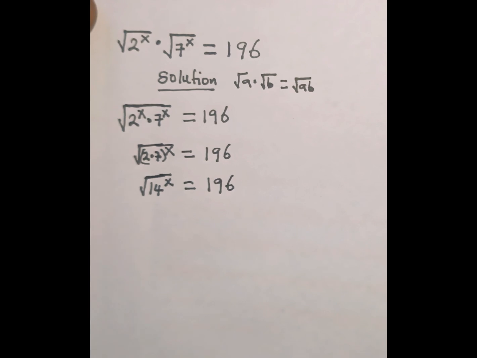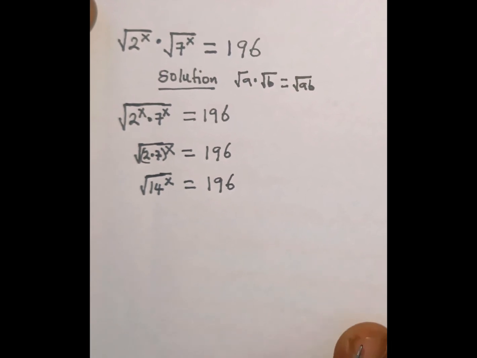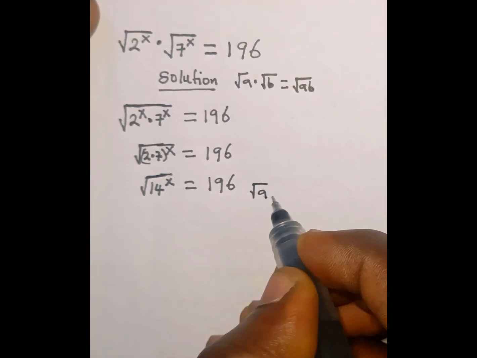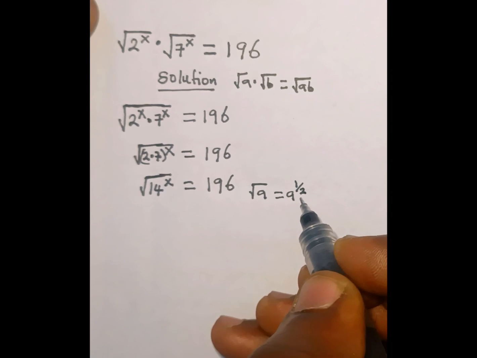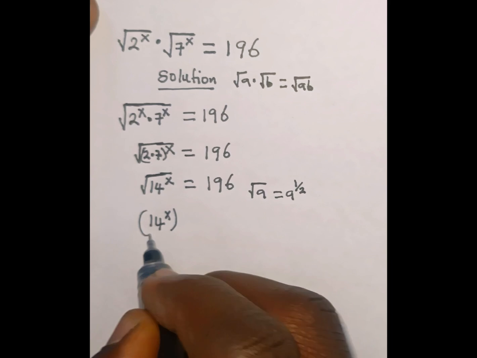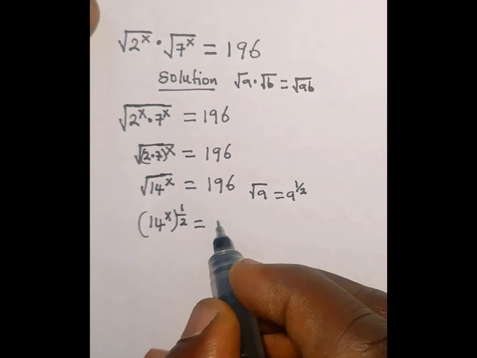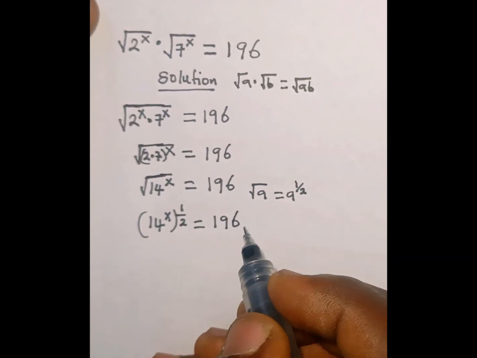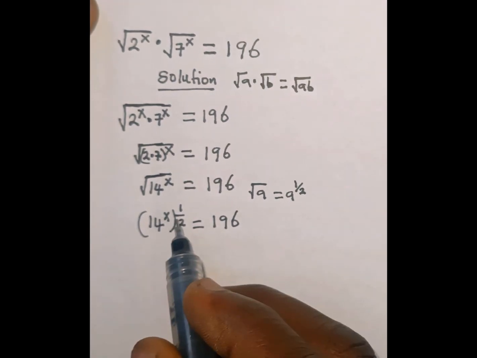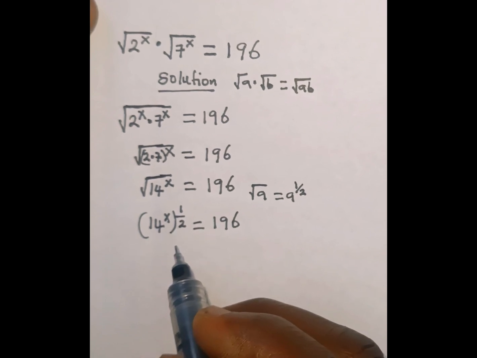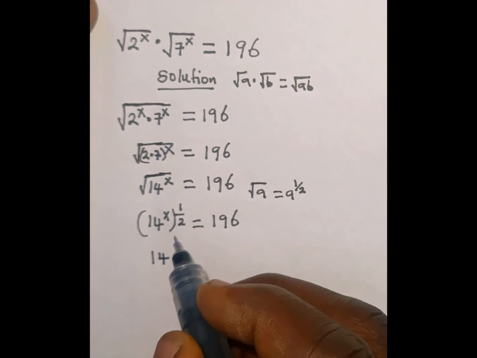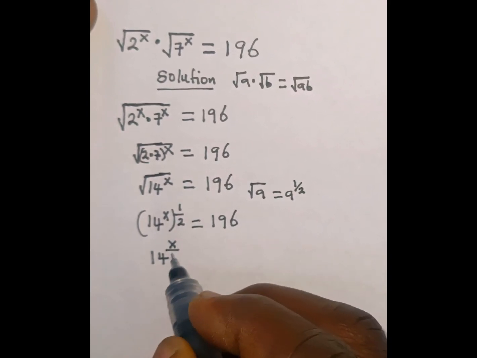Now, we are going to recall that when you have the square root of a term, it is the same as that term raised to the power of half. So when we have the square root of a, this is the same as a raised to the power of half. Therefore, we can write the whole of this as what? 14 raised to the power of x, then all raised to the power of half, which is equal to 196. Now, when you have a power raised to the power of another power, we are free to multiply the two powers together using the power property of indices. So this is going to be what? 14 raised to the power of x multiplied by 1 is going to give us x, then over 2,